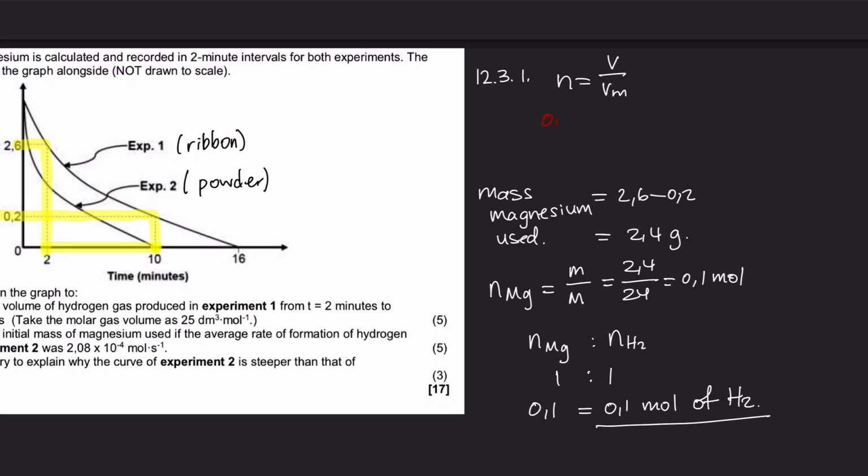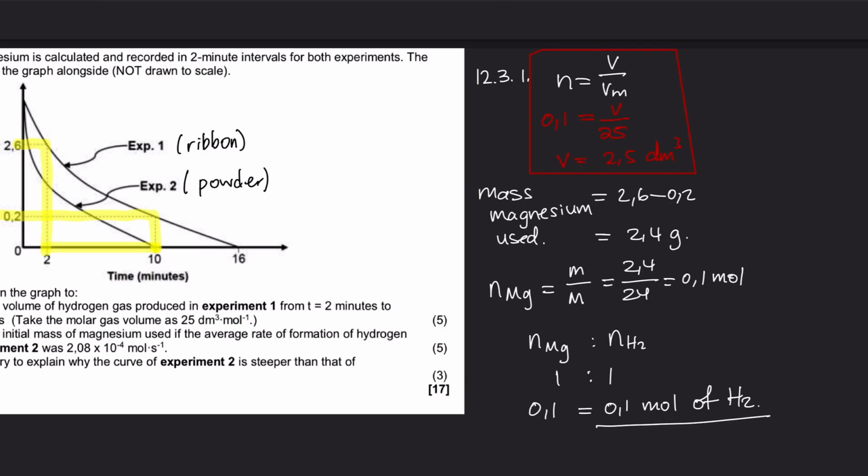So number of moles is 0,1, equal to volume divided by 25. We can then solve for the volume. The volume is then going to be 2,5 dm cubed. Let's put a box around it,